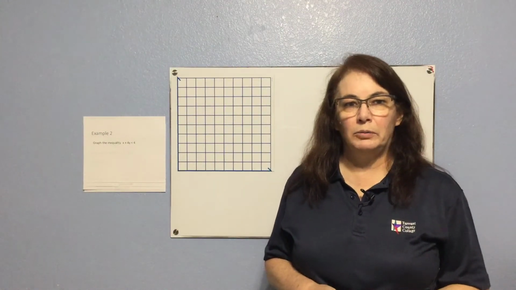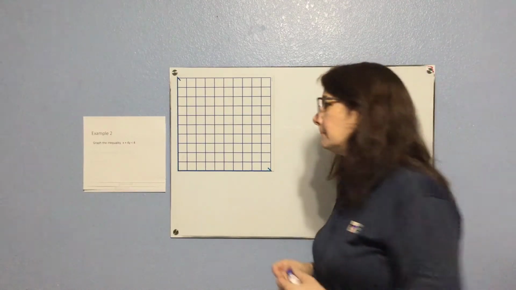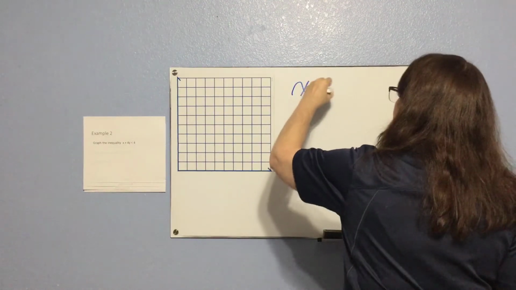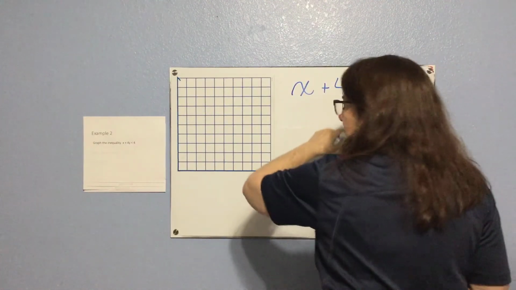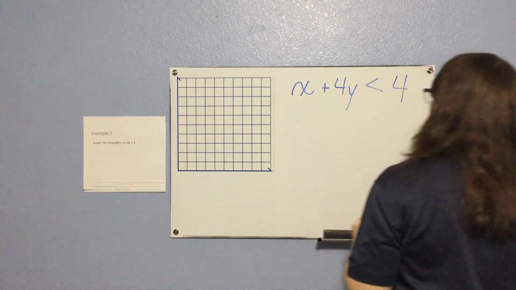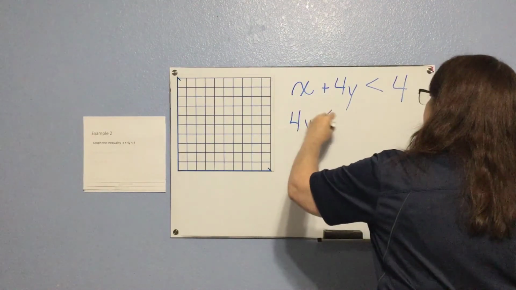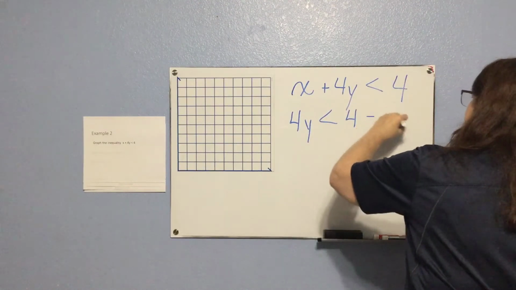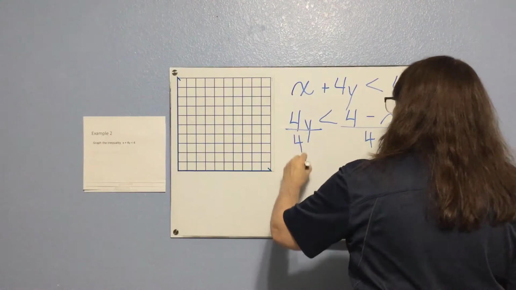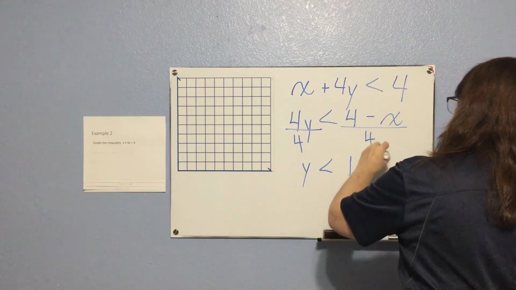In this problem, we'll graph an inequality that does not include the "or equal to" part. Here we've got x plus 4y is less than 4. Once again, we're going to solve for y. So I'm going to have 4y less than 4 minus x, and then divide everything by 4. So I have y less than 1 minus 1/4